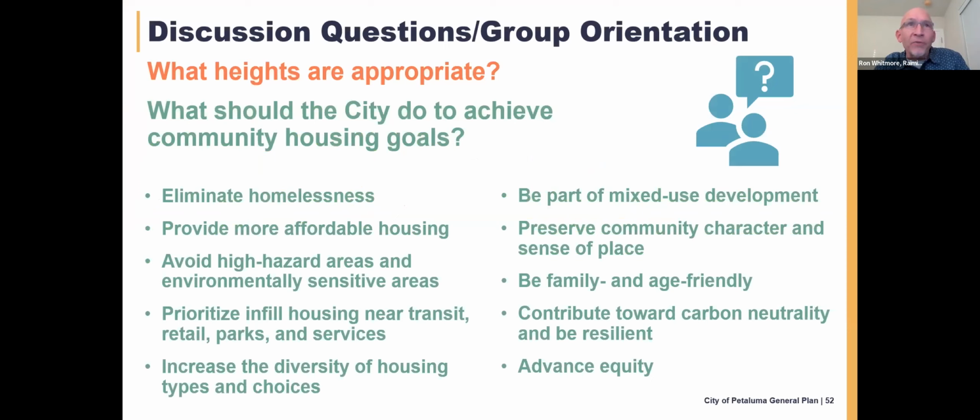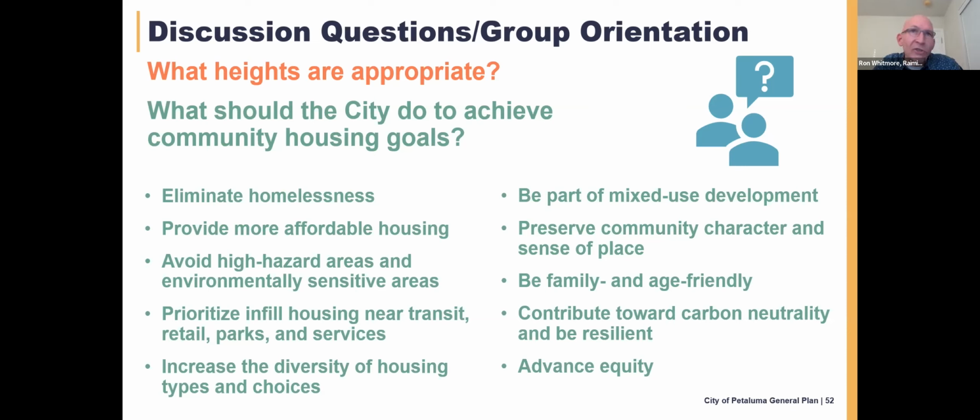So again, we're going to be focusing on these 2 questions. Your input with the polls tonight will help the planning team, but we're also very interested in your ideas around heights. Sometimes cities increase allowable heights to allow for more housing where it's desired and or more affordable housing in certain areas. So we're very interested in folks' ideas about where it might be appropriate to change the height limitations around the city.